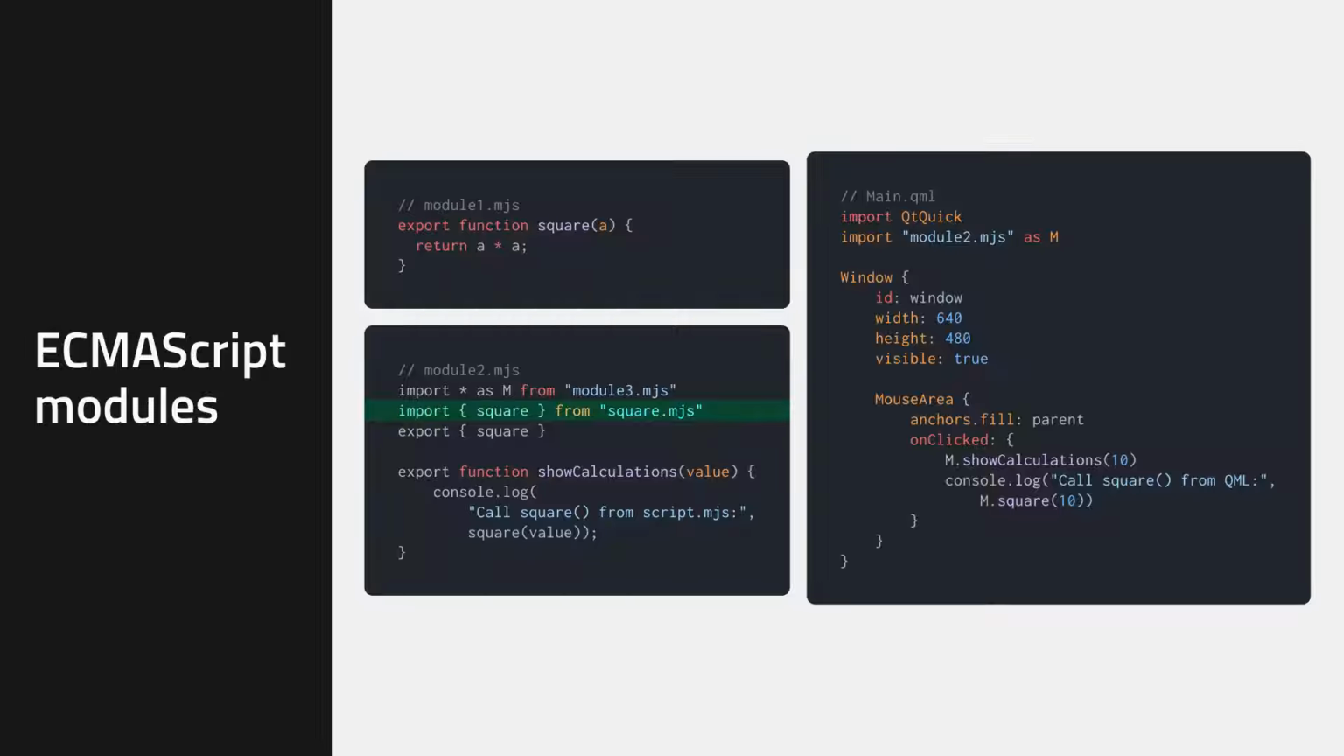In the latter case, Module 2 only imports a specific function, hence it doesn't have to import it into a qualified namespace. Here, Module 2 exports the function that was imported from another module. We can then import the JavaScript resources into our QML document as before, using the functions with the qualifier and function name. In this example, we can use both the showCalculations function from Module 2, as well as the exported square